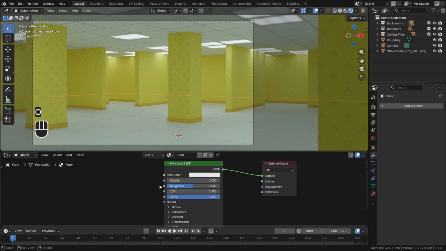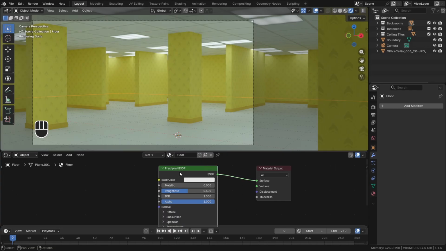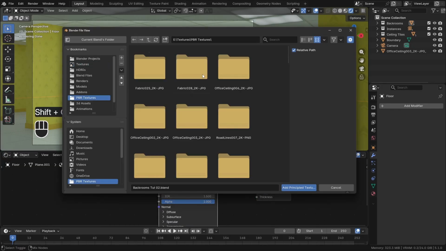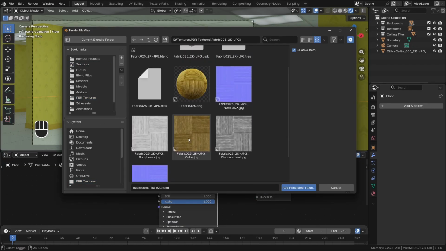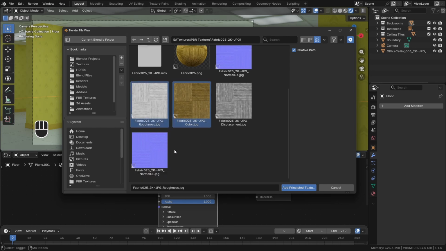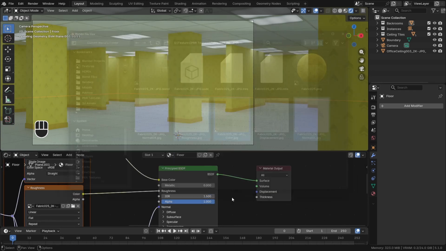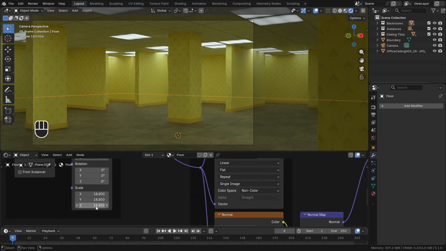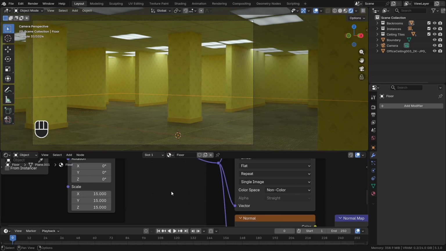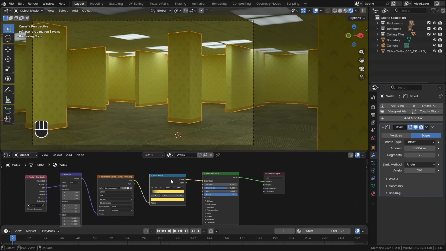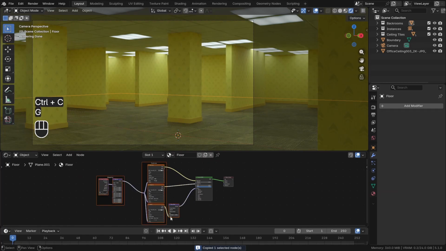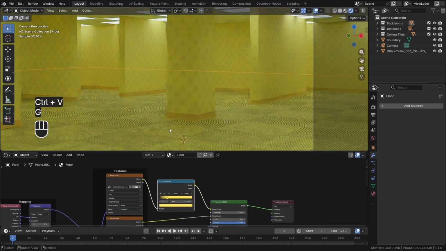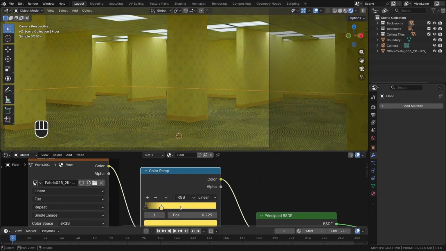Now with the Node Wrangler add-on enabled, we can select the Principled BSDF, press Ctrl Shift T to bring up our texture, the Fabric 025 texture. Make sure to choose the color, the roughness, and the normal GL. Add principled texture setup and increase the scale somewhere like 15 or 20. And for this, I'm gonna copy this color ramp and paste that here and put it there. And maybe it's a little bit too bright, so let's move it to the right a bit,